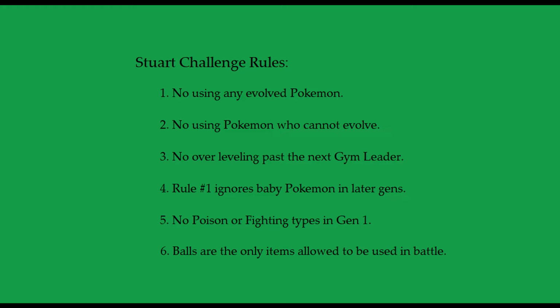So, Stuart challenge rules. One, no using any evolved Pokemon. Why? Why would you do this? That's good for Psyduck, but nothing else. Two, no using Pokemon who cannot evolve. But that's okay. Three, no over leveling past the next gym leader. I barely know what that means. Sort of do, but...